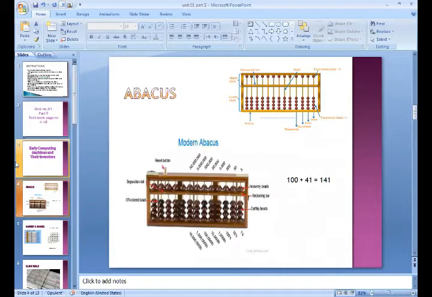First is the abacus. It is a Latin word derived from the Greek word "abax", which means a calculating table. It is our first mechanical calculating device. It is used for addition, subtraction, and counting. It is also known as the counting pen. Its invention was in the 3rd century in China. Types of abacus: there are three types of abacus: Chinese abacus, Japanese abacus, and modern abacus.